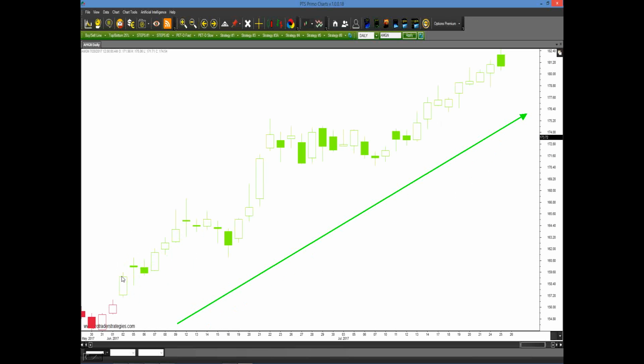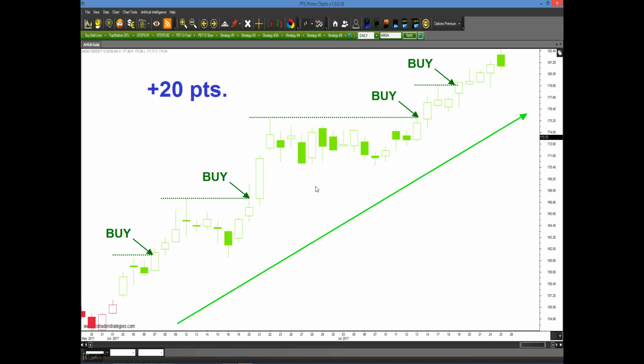Now, we want to look for these short-term pivot highs: a high followed by a higher high, then a lower high. You see there, okay? Then we have another example, another high, higher high, lower high. We see these all the way going up. Once we trade intra-bar one tick above, that's our buy. We always tell our students that if you're going to use this technique, you have the biggest bang for your buck on the very first signal, the very first time you get one of these setups after coming out of a downtrend. So had you taken this signal right here, well, that's 20 points to the upside you could have taken advantage of.